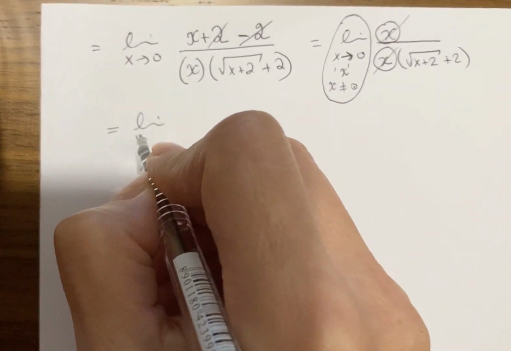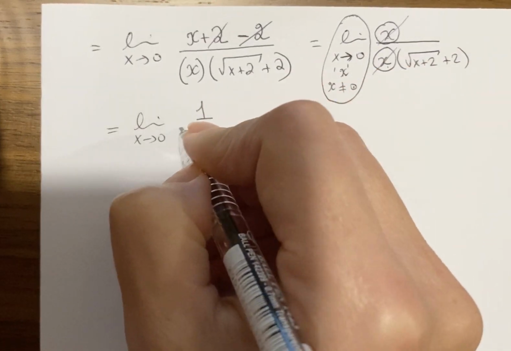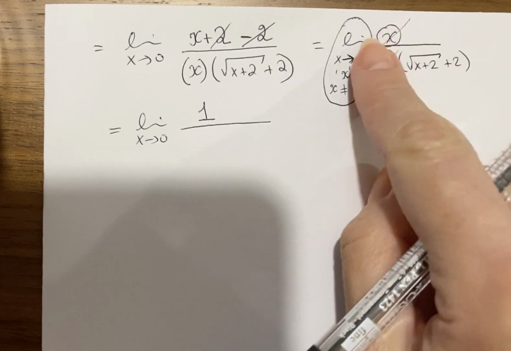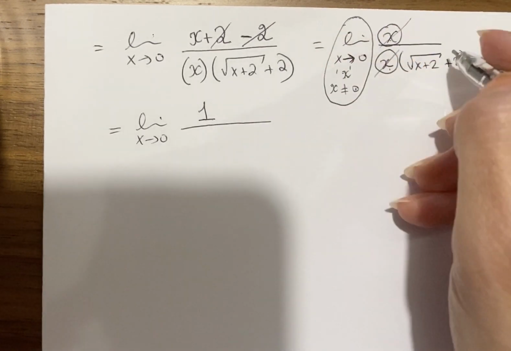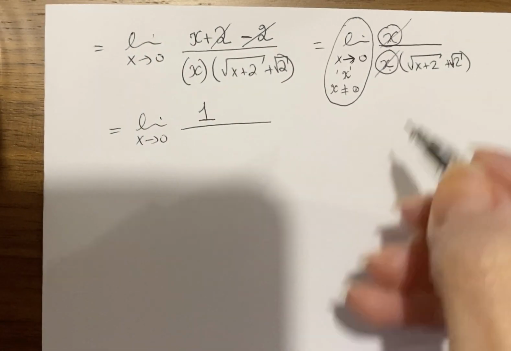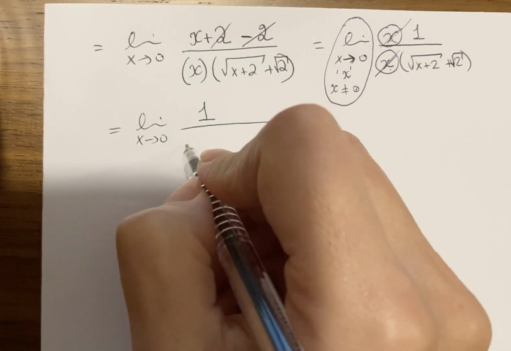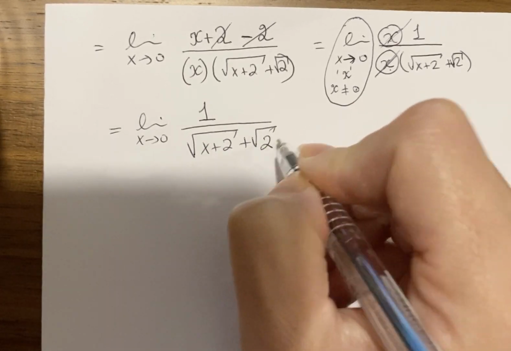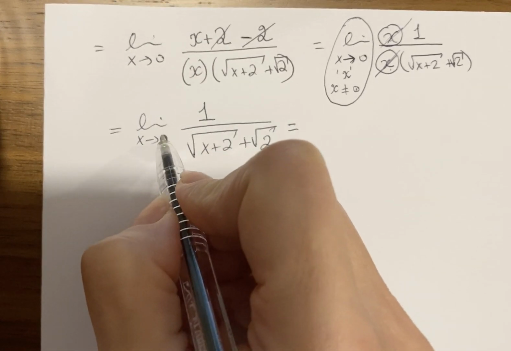What do I have left? The limit as x approaches 0. x cancelled with x gives me 1. It doesn't mean this becomes alone. It's a common mistake. Students cancel the x with the x. What do they think we have left? Limit root x plus 2 plus, sorry, I copied wrong, root 2. Yeah? No, when you cancel the x and the x, what do we have left up? 1 over root x plus 2 plus root 2, which is equal to, now I can do the limit again